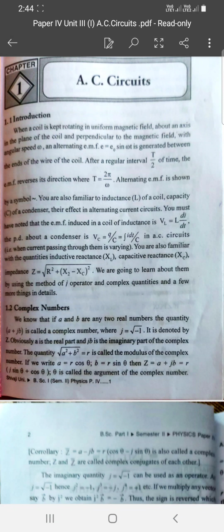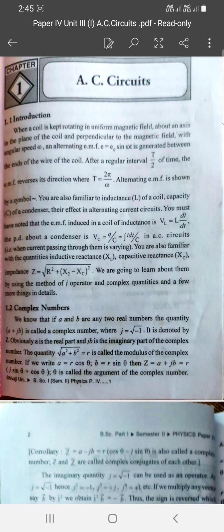As we utter the word AC, it is termed as alternating current. As we know, in electronics there are two types of current. One is direct current and another is alternating current. Now in this topic we have to learn about circuits which are running through AC currents. Hence the name of the topic is AC circuits.